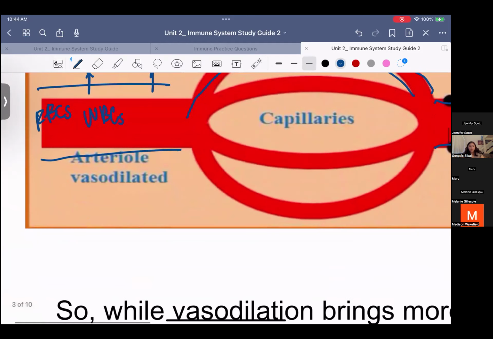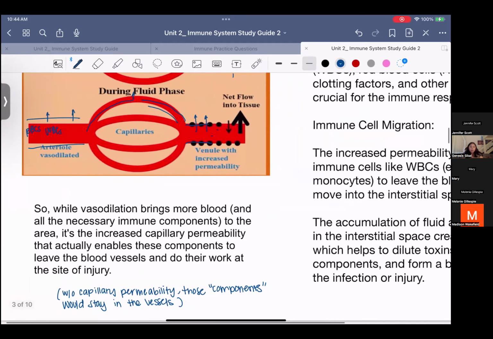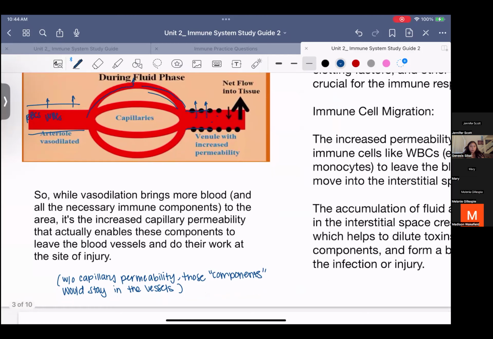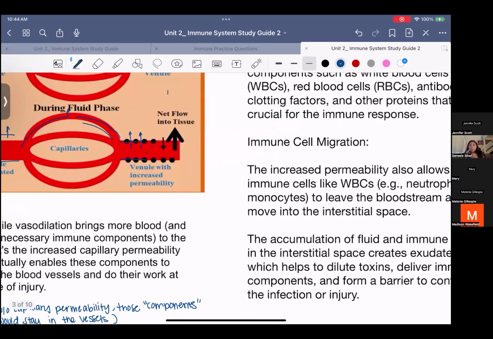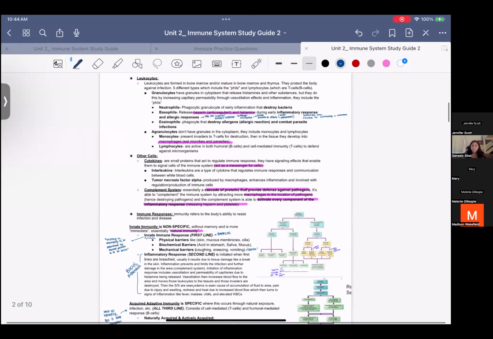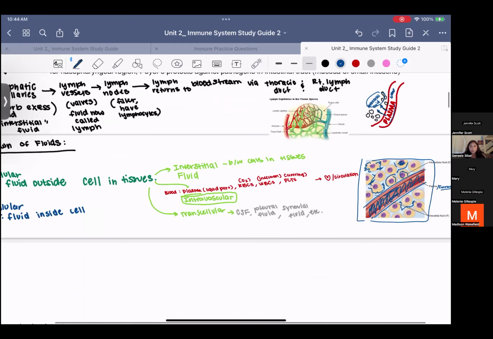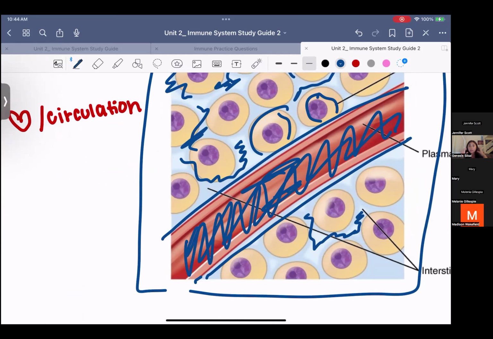I don't know if that makes sense, but basically from this paragraph, while vasodilation brings more blood, because the vessel is bigger and it's transporting all of those immune components, it's the increased capillary permeability that helps enable these components to leave the blood vessel and do their work at the site of the injury. Without capillary permeability, those components would just stay in the vessels themselves. We want vasodilation and we want capillary permeability, because when we go back to the beginning, you have those vessels with all of those components in there that are a part of that extracellular